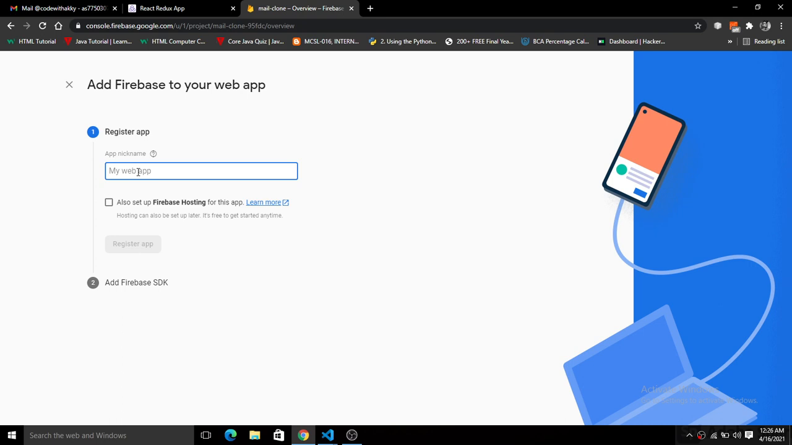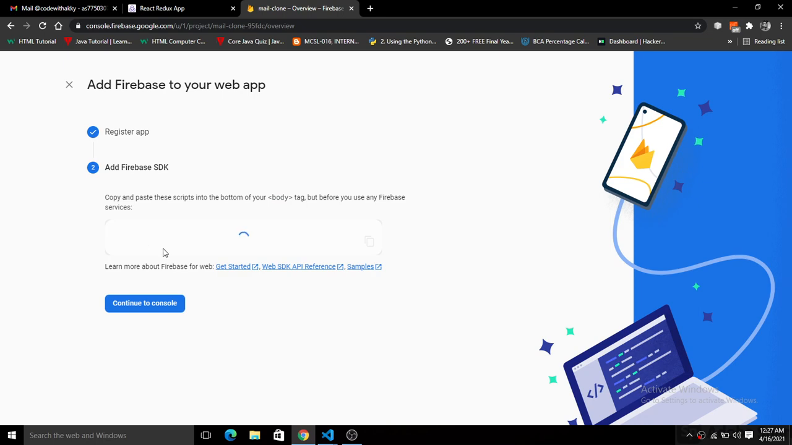Next, you have to give the name of your app. I will just give the name Gmail clone by Akib. Now we are going to click on register here. So here we will register our application on Firebase, and now we are good to go to add the